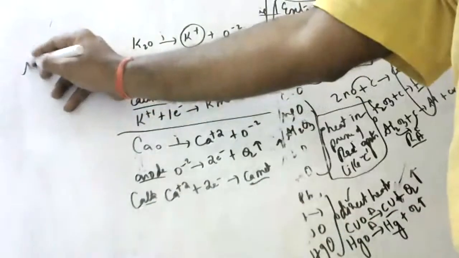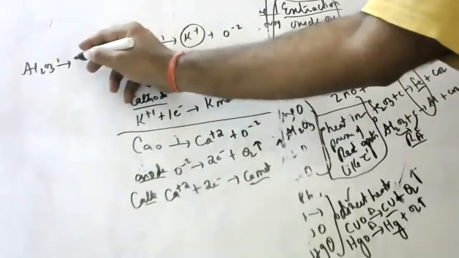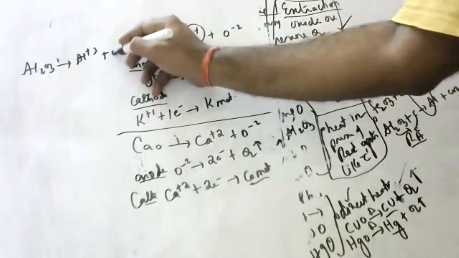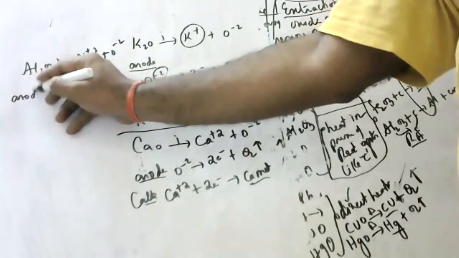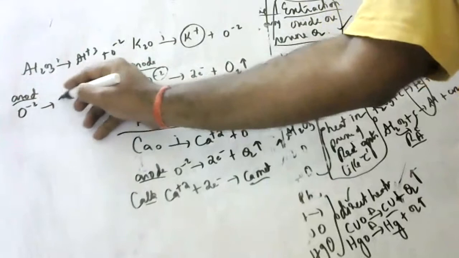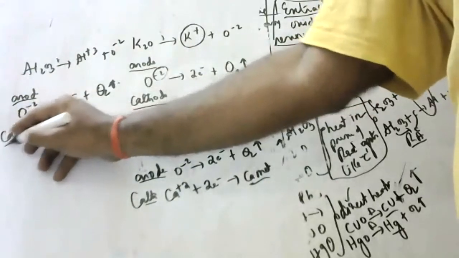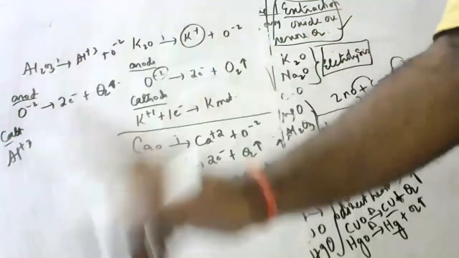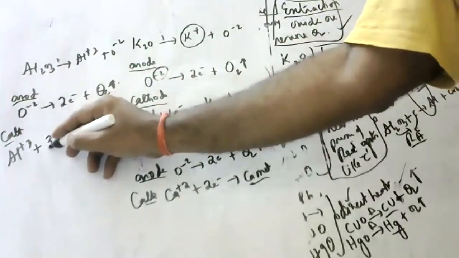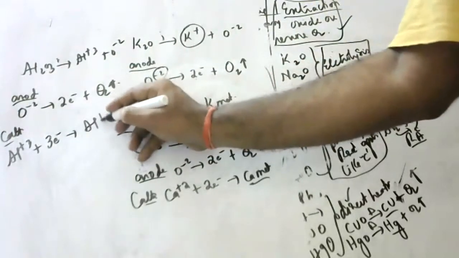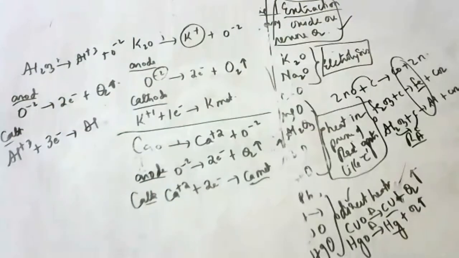Suppose you didn't understand, one more. Suppose Al2O3 cell, pass the current. If you pass the current, what do you get? Al plus 3 and O minus 2. O minus 2, where will it go? Anode. After going to the anode, O minus 2 will give its two electrons and form oxygen gas. Who will go to the cathode? Aluminium plus 3. It's in need of 3 electrons. On balancing, Al plus 3 will take the 3 electrons and form aluminium metal.